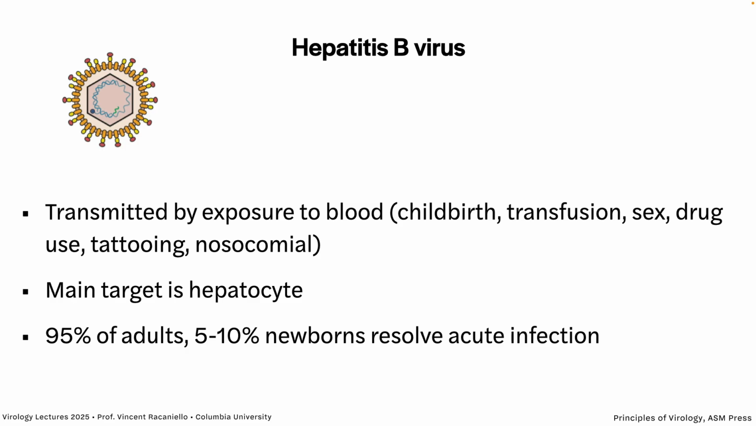Only 5 to 10% of newborns resolve the acute infection. They go on to be persistently infected their entire life, and they can develop liver cancer as a consequence. On the other hand, if you're infected as an adult, 95% of adults resolve infection. And the main target is the hepatocyte. That's hepatitis B virus. Now, I tell you this because several anti-vaxxers have said that babies should not be vaccinated